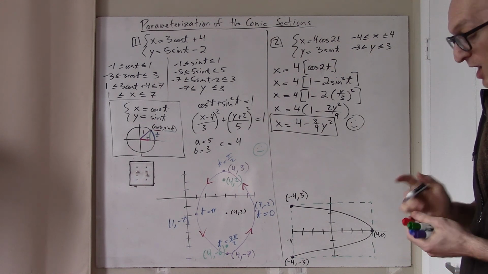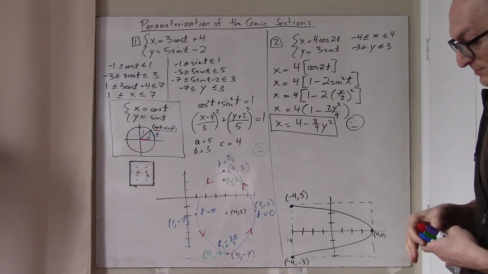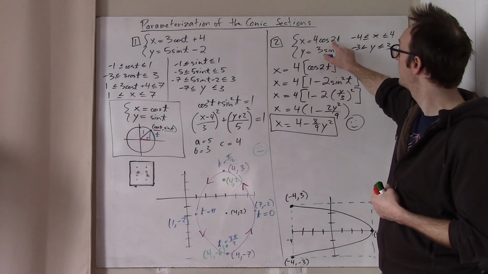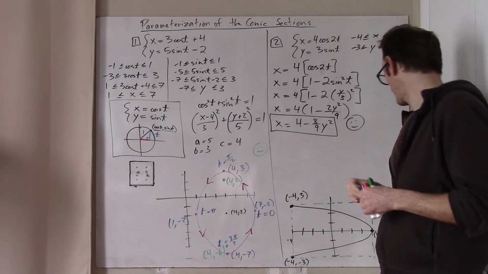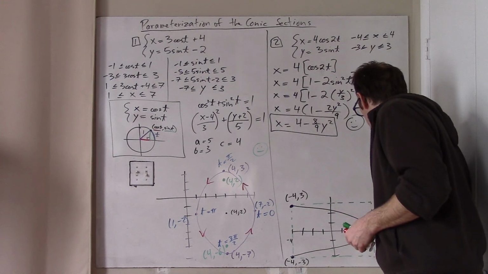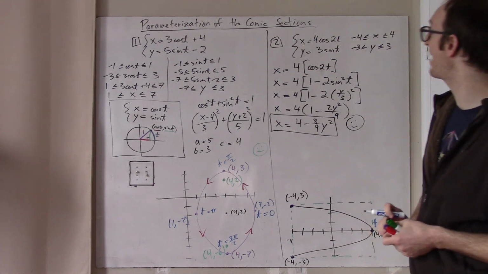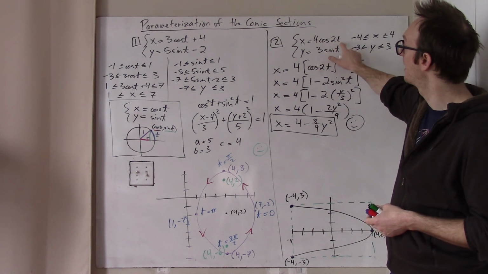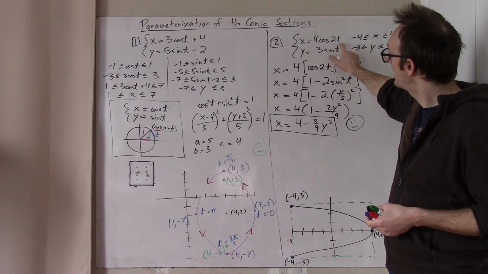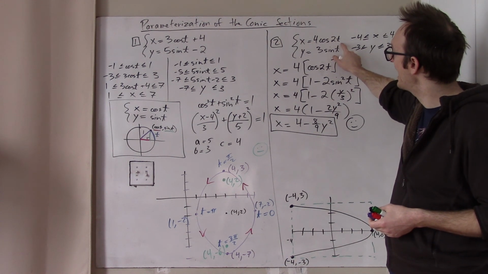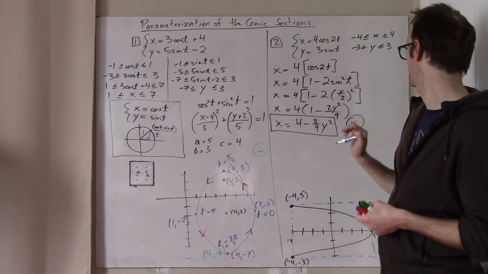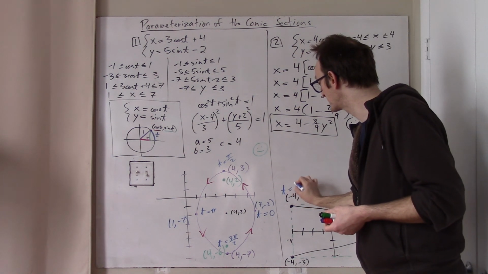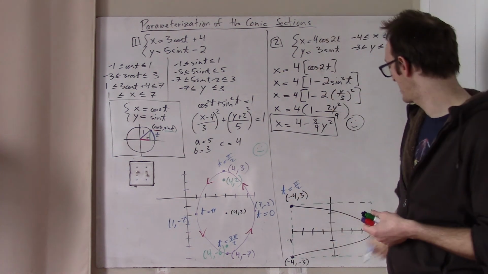So finishing it off, we can just get some labels going. When t is 0, cosine 0 is 1, so I'm going to be at 4, 0. So I'll be here at t equals 0. Where am I going to be at pi over 2? If you plug in pi over 2, you get cosine pi, which is -1. And so that's -4, 3. So I'll be here at t equals pi over 2, which makes complete sense,